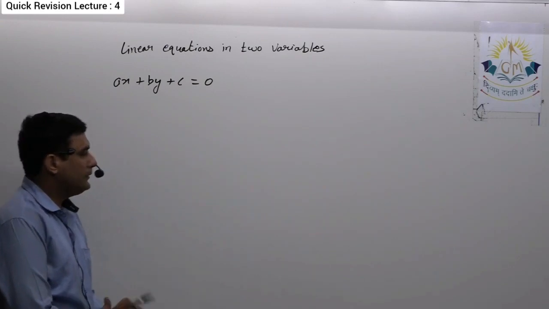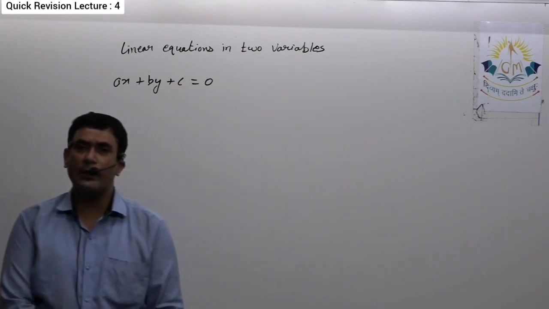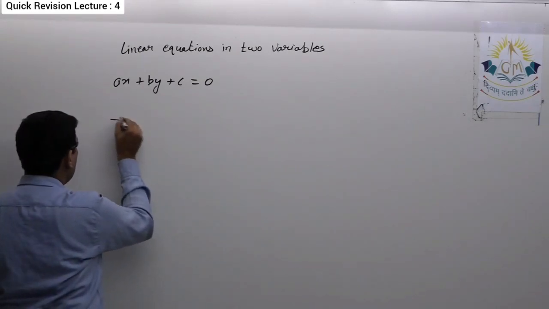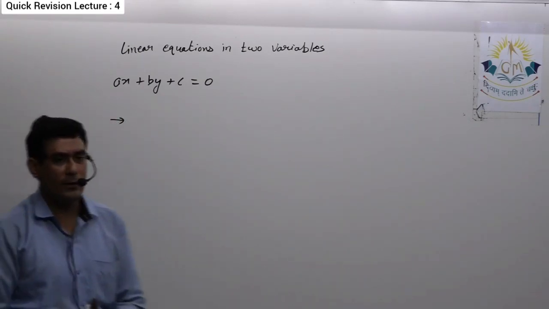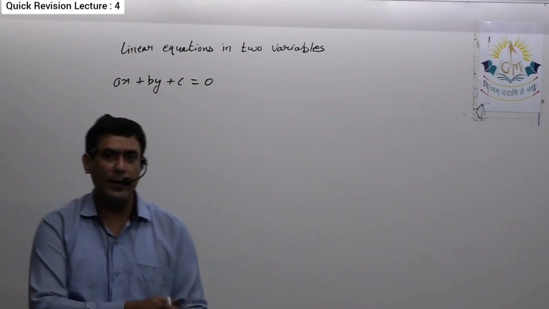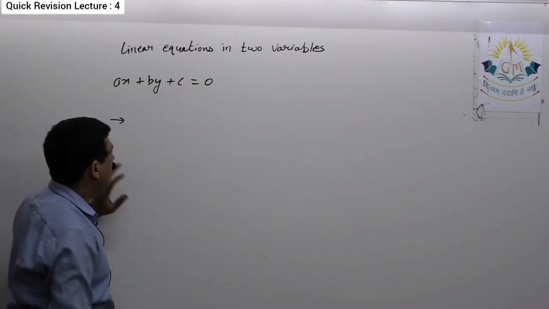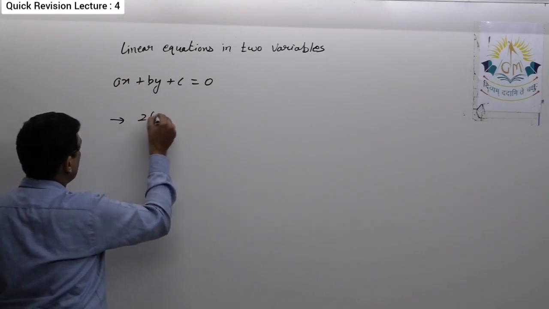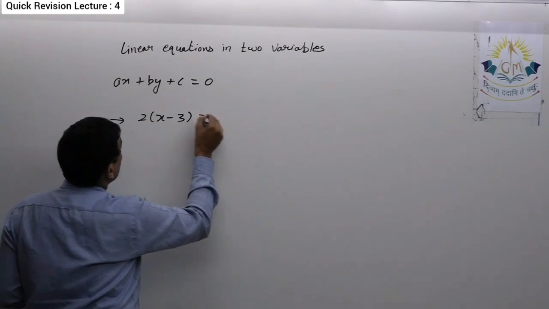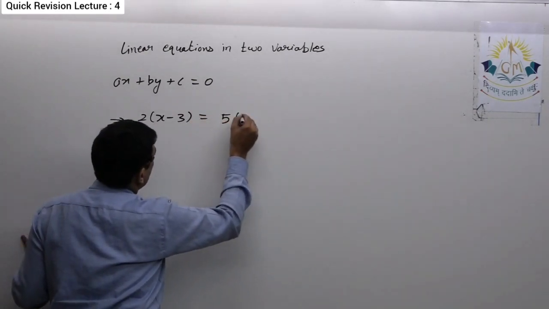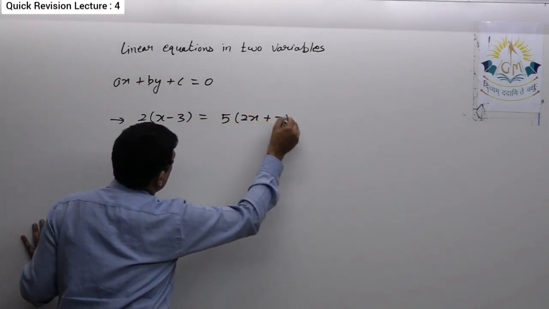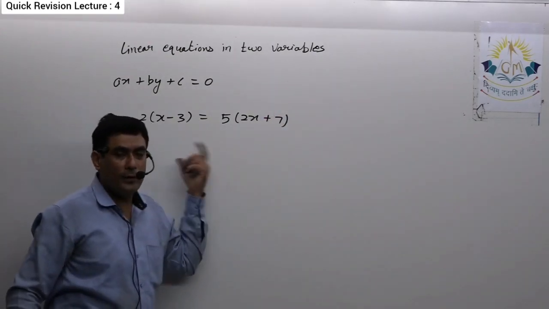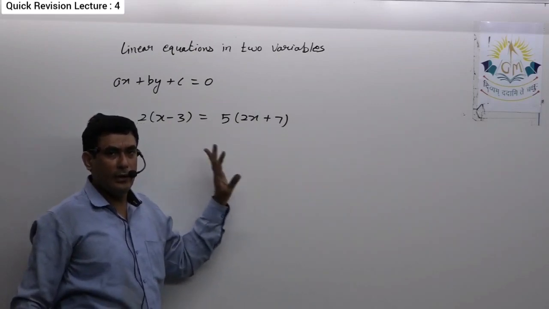Now, in this chapter, we'll see which type of questions might be asked. The very first question you will get is a linear equation in a single variable. However, this concept is related to class 8, but sometimes these questions are also asked in the exam. So you may get a question such as 2x minus 3 is equal to 5 multiplied by 2x plus 7. Then you have to find the value of x. That means simply you have to know how to solve a linear equation in one variable.